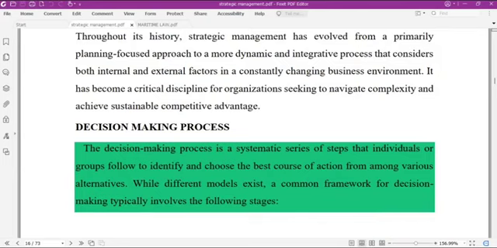Today, we shall be talking about strategic decision making. Under this, we shall be talking about the nature of decision making, the classification of decision, the stages in decision making,